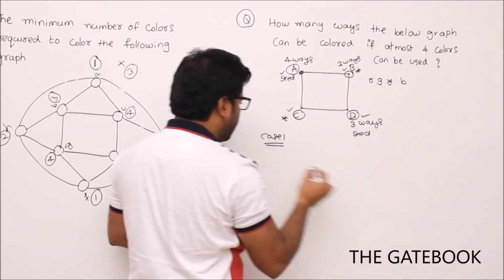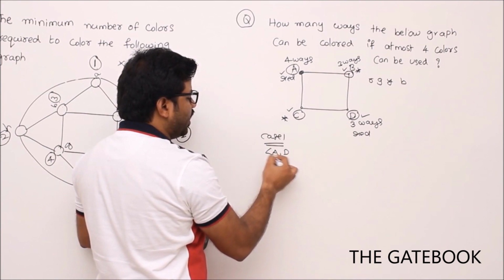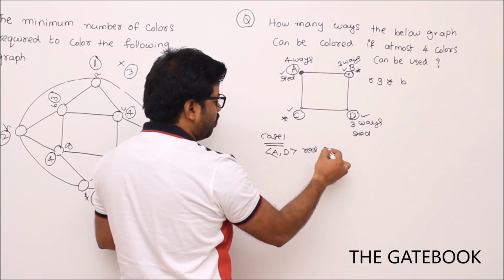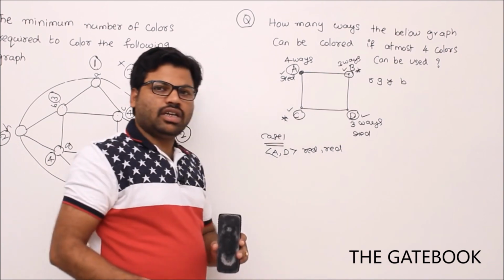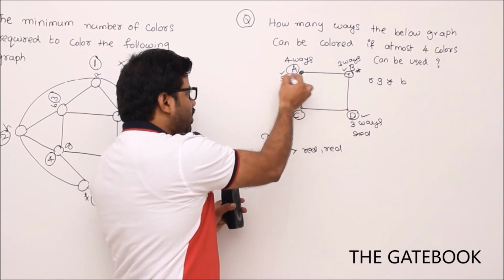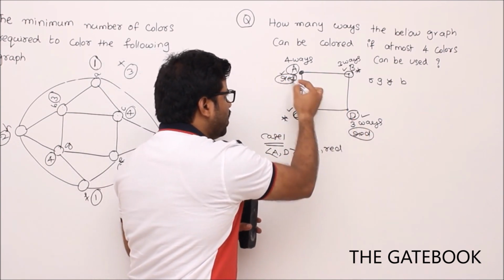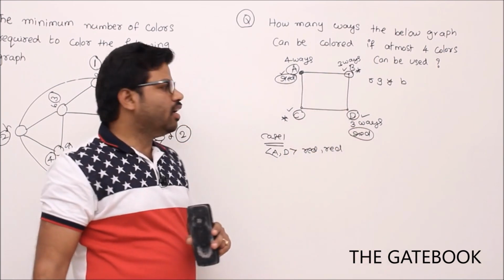That is possible. That means A comma D share the same color, like red comma red. Is it not possible? Yes, it's possible. The significance of red is to say that these two have the same color. Okay, then